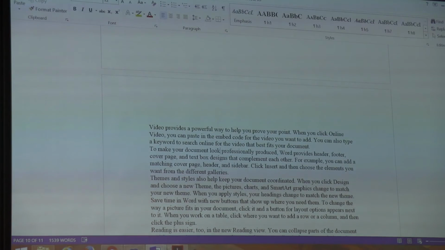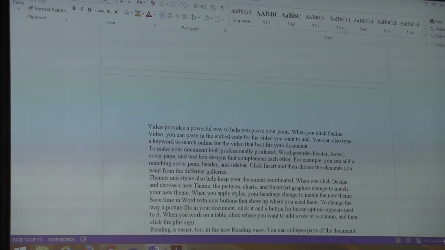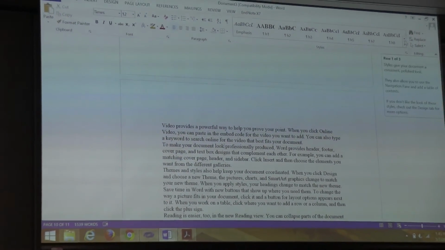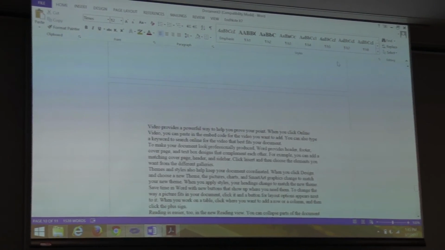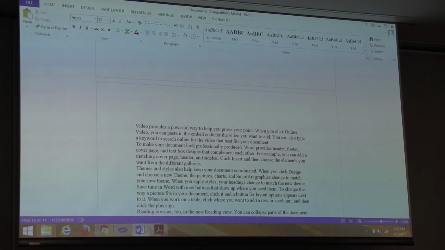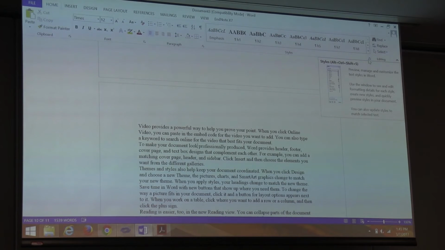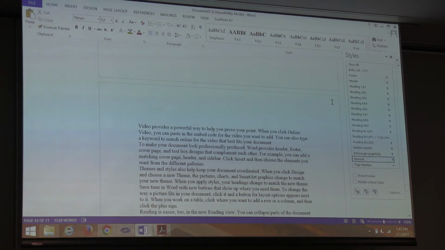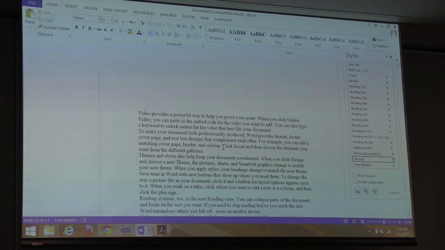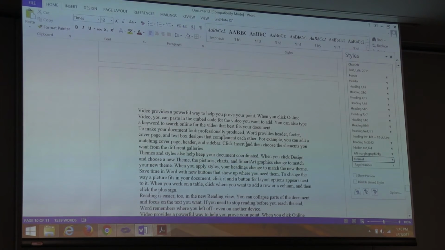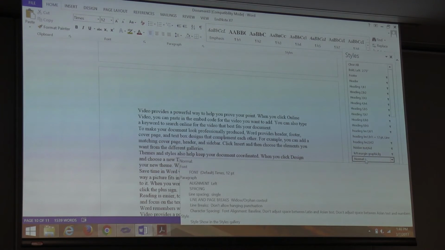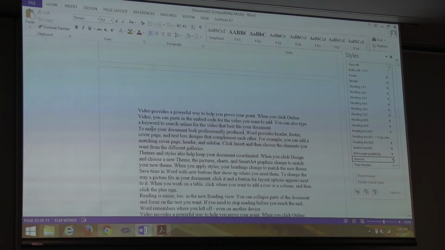And if you look under Home, there's this list of styles. This is kind of a sub-list of all the available styles. Sometimes it has the one you want, sometimes it doesn't. But there's this little tiny box that it's hard to see, but if you click on it, it gives you an expanded list of styles, and almost certainly the one you're looking for will be in there. So whenever you have your cursor on a piece of text, the style that it's in is going to be highlighted in that list of styles. So as you can see, what we're currently in now is normal style.